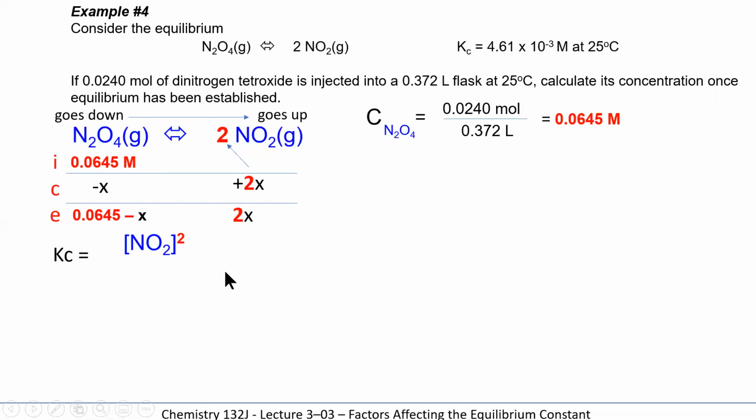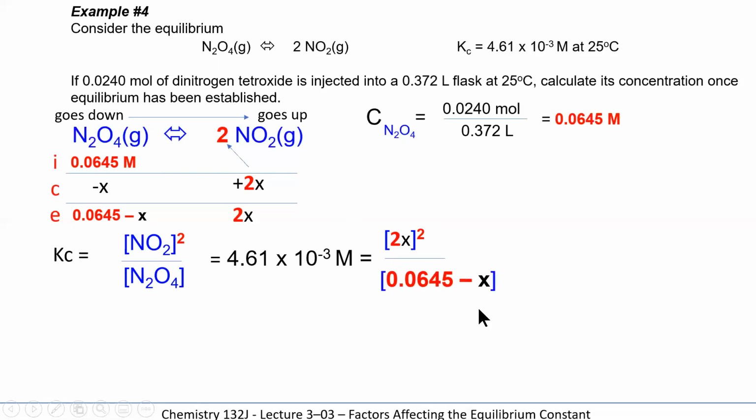The equilibrium constant Kc is going to equal the quantity of NO2 squared divided by the quantity of N2O4. We know the constant, which was given in the question at 25 degrees Celsius. The temperature hasn't changed throughout. So we can now solve for x. So we're going to take the quantity of NO2 and square it and divide it by the quantity of N2O4. In this case, in terms of x, it's 2x quantity squared. A lot of people forget to square the 2 here. Please don't do that. Divided by